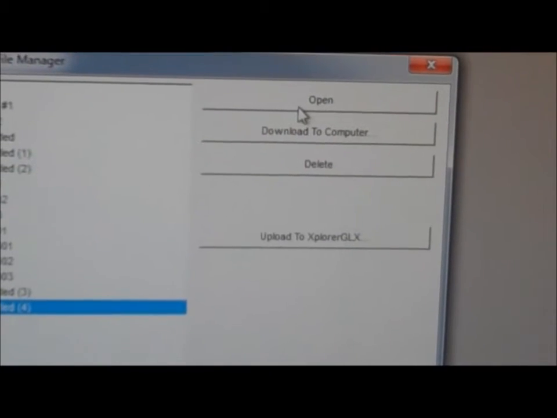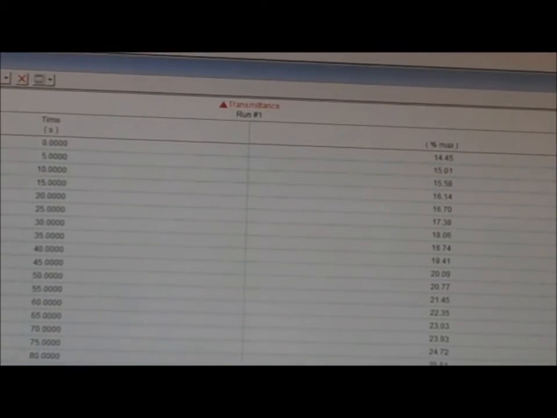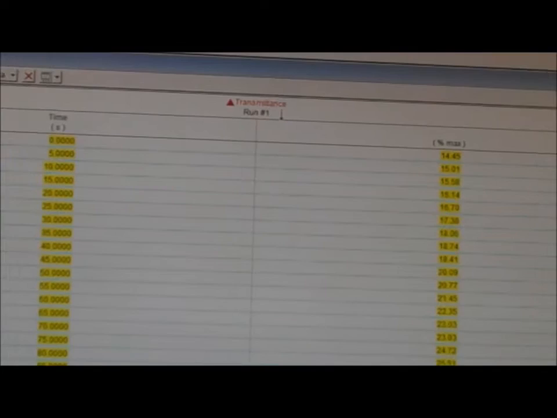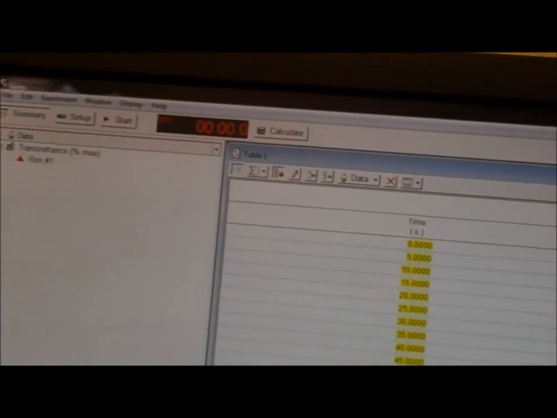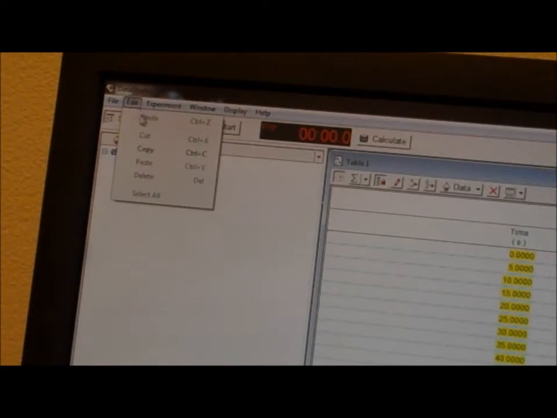Click on open, and your information should automatically pop up on the screen. Once the screen has popped up showing your data, you want to click on this information at the top. Then you want to move your mouse to the edit button, copy,